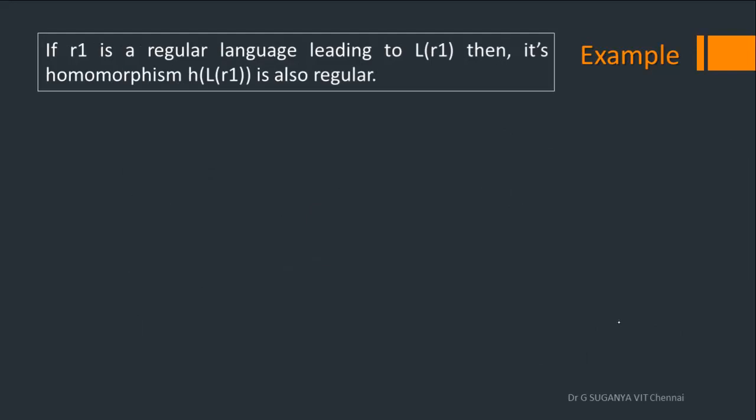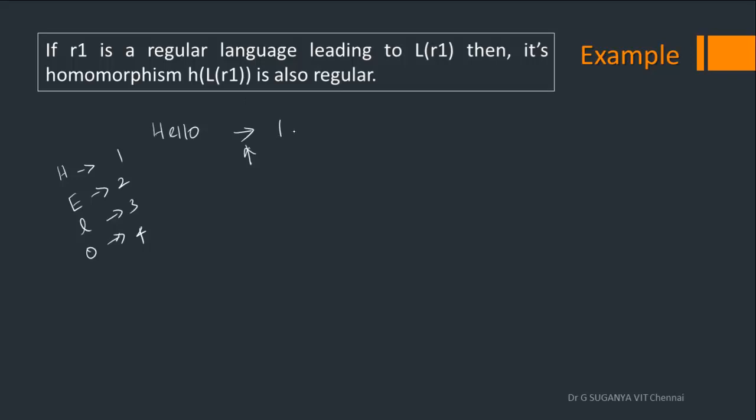Coming to homomorphism, what is it? It's a simple concept of using one symbol for another symbol. We would have heard of encryption in our real-time case, wherein we substitute one activity for the other. Let's say I want to transfer the word hello to my friend, and I don't want any intruder to see this message in between, so I may send this word by using an encryption technique like H can be represented as 1, E can be represented as 2, L can be represented as 3, O can be represented as 4.